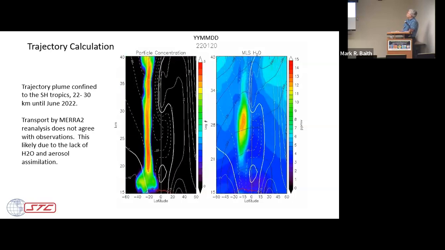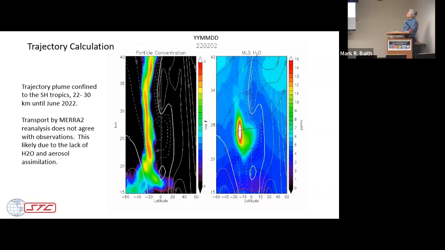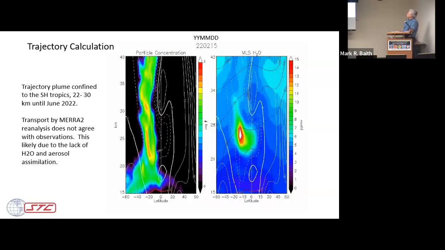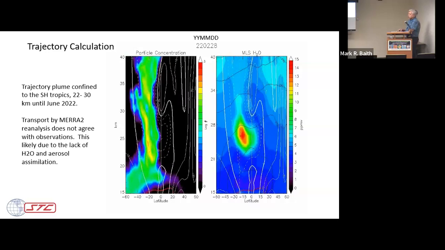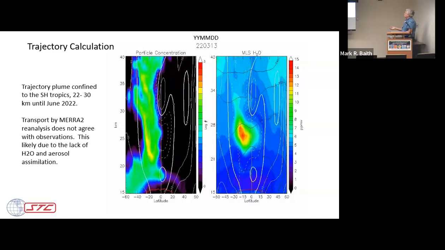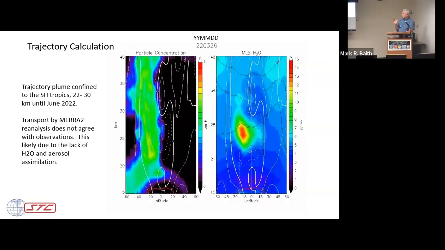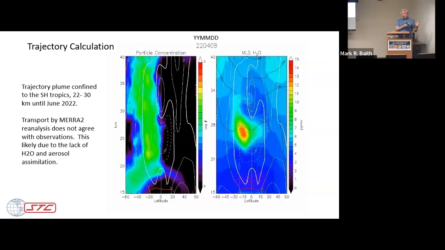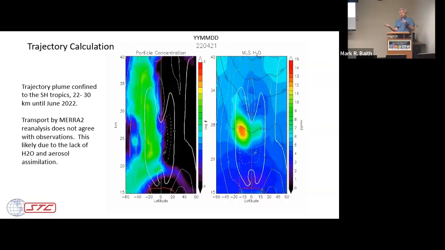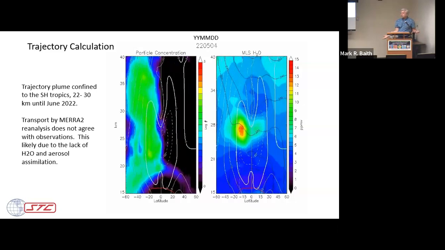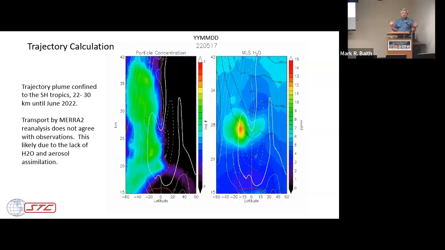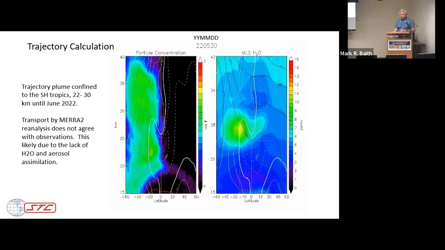And it's going to repeat, and you can see it again, that everything in the trajectory calculation is stuck in the southern hemisphere. And this is using corrected MERRA-2 winds. So one of the things that we haven't done well is we haven't figured out why this water vapor got all the way into the northern hemisphere almost right away. What the hell happened? So that's very interesting from a dynamics viewpoint, because that's a transport problem.